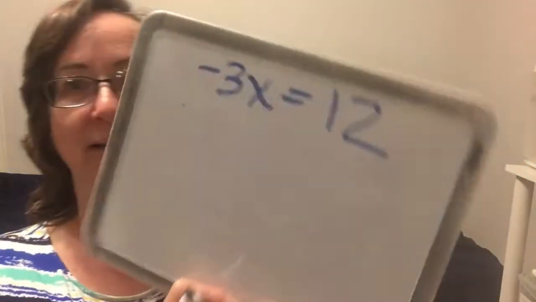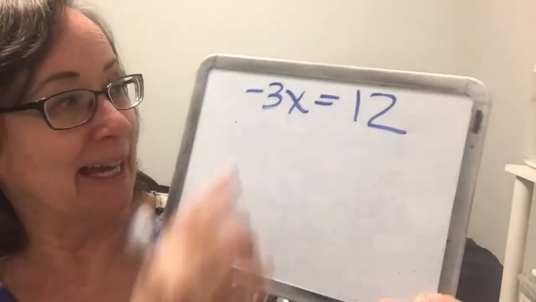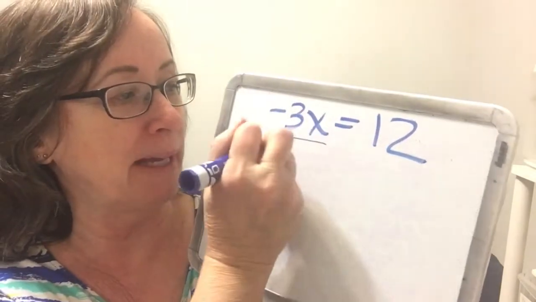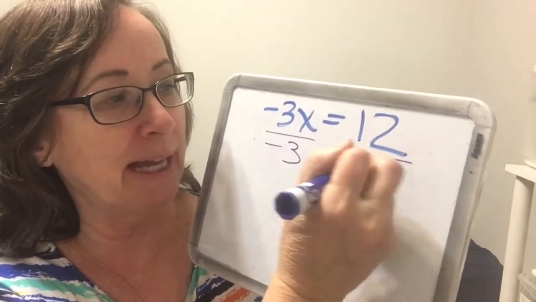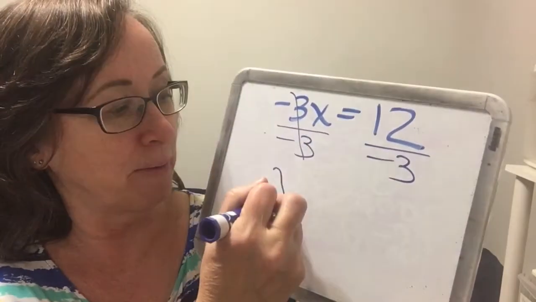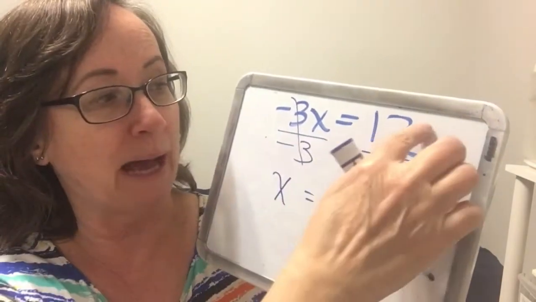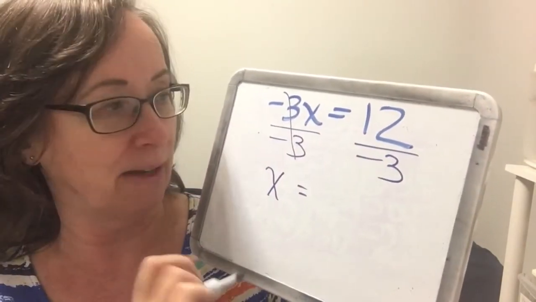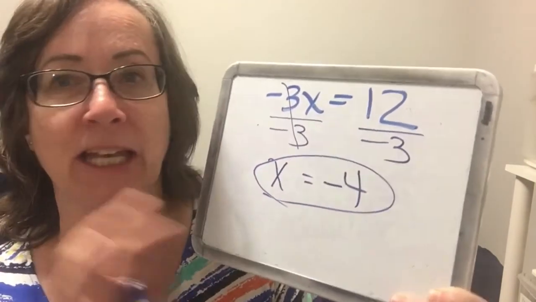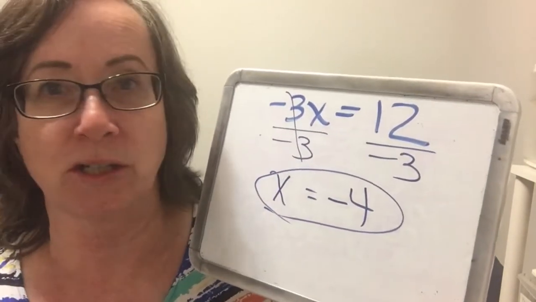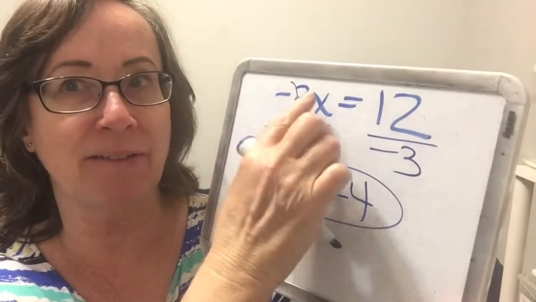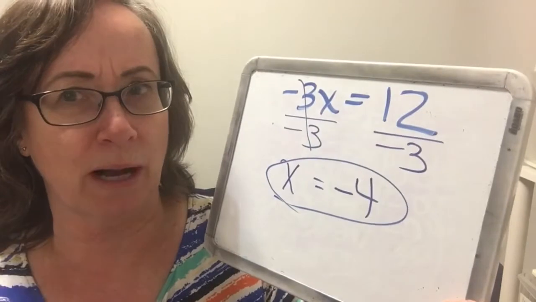So here, let's do this one. We have a -3x. So let's do it both ways. We're going to just divide by a -3 and divide by a -3. That's perfectly valid. These cancel and we're left with x equals positive divided by a negative, which is -4. If you don't have any problem with that, you just do it that way as much as you want to. No big deal. But if -3x equals 12 gives you trouble,